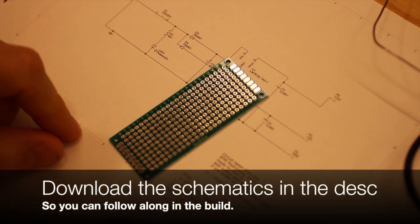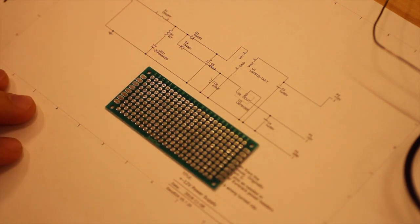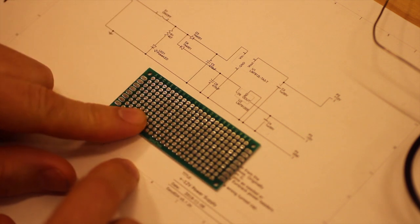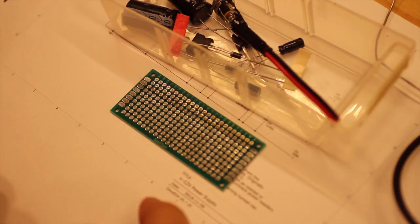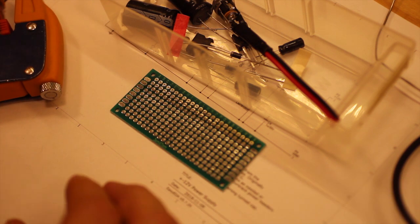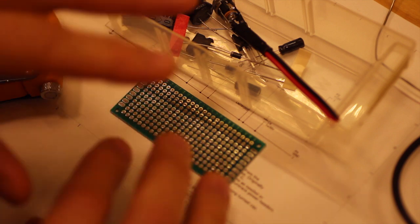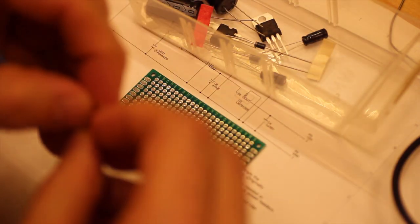So a request came in on the part 0 of Modular in a week, where the person wanted a really basic introduction on how to solder on a breadboard. And that came quite good in time, because I really need one more power supply. I filled up 2 with all my modules, and I need another one. So I'm going to solder another one, and with really close-up camera, so you can really see how I do it,